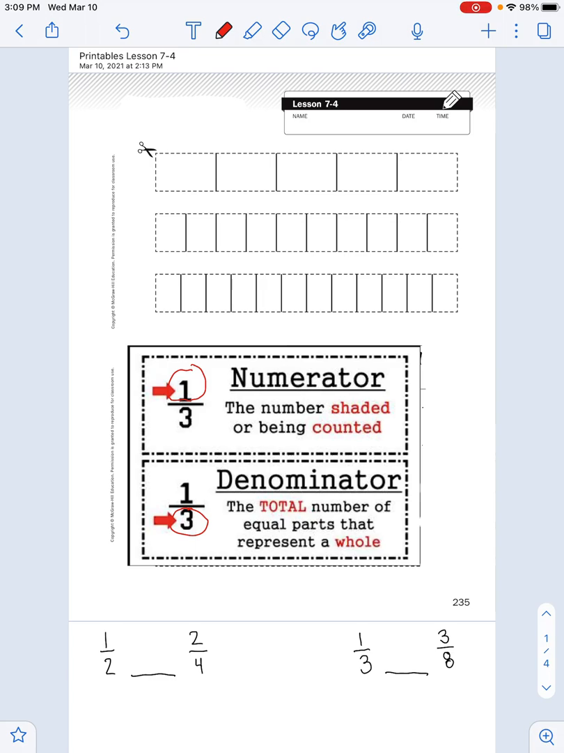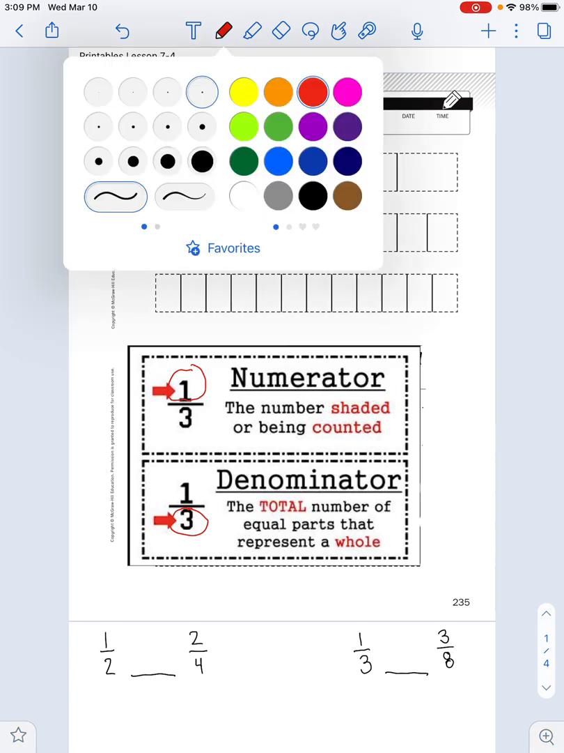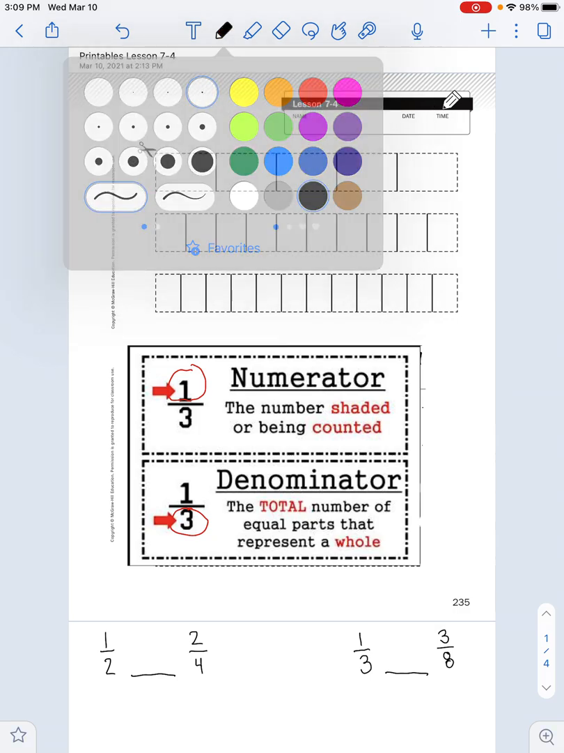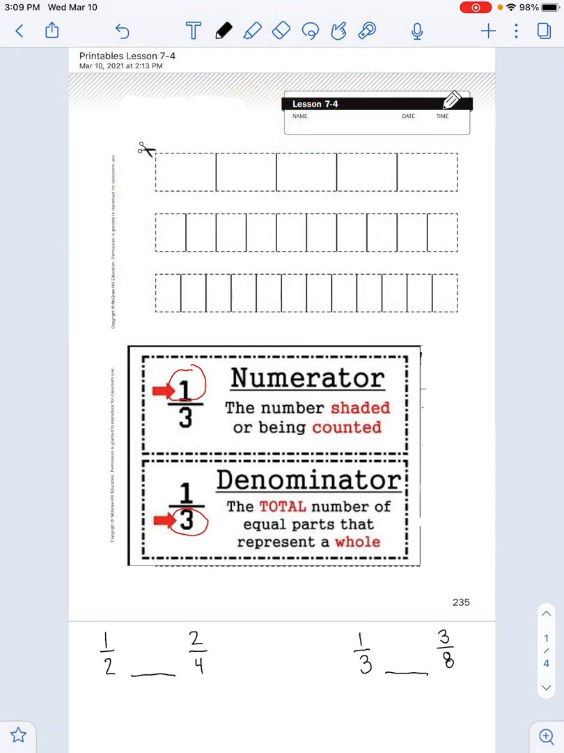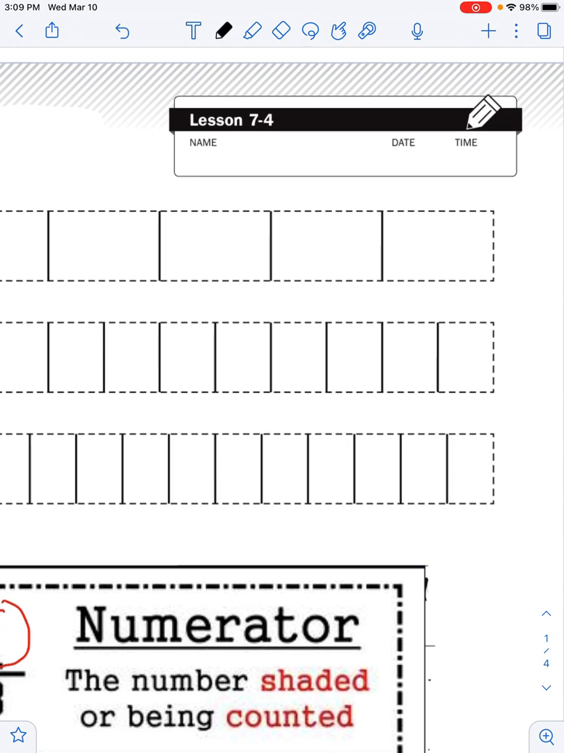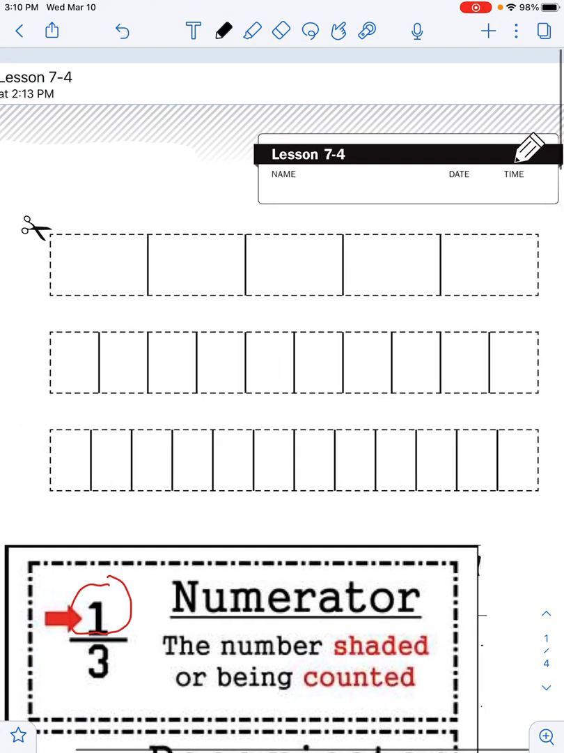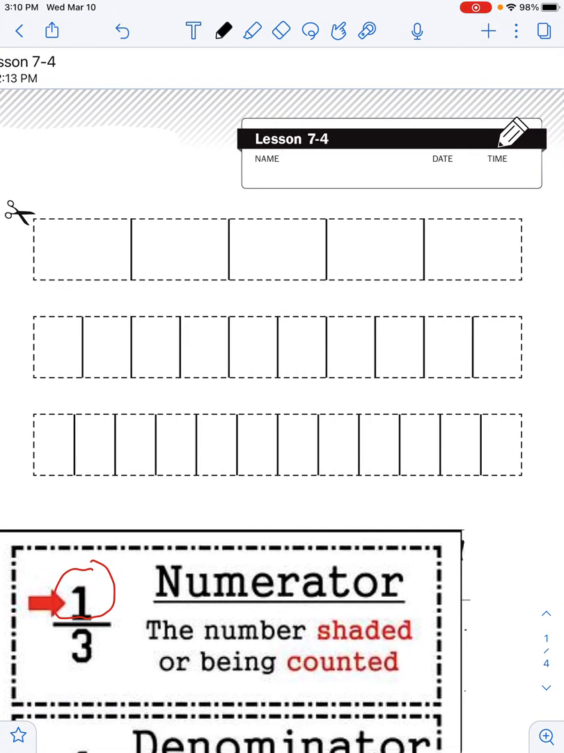Okay, so we are going to look at these fraction strips, which are the same thing as looking at a fraction circle, except it's just in a rectangle form. And the reason that we use these is because we can easily compare two different fraction strips together that have a different amount of parts in it to see which of the fractions is bigger. Let me show you. Okay, so how I'm going to label these, let's look at this first